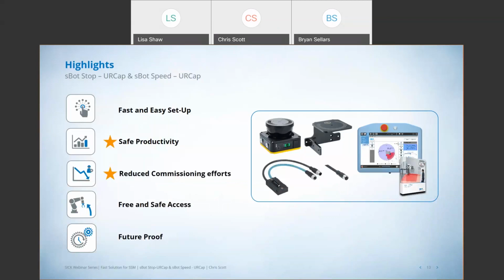In terms of productivity, we have some great smart features that help you program those scanners, as well as allow the implementation of things like an automatic restart or the speed reduction of the robot instead of making it stop every time, right? All of these things will improve productivity. In terms of reduced commissioning efforts, it's very, very simple. You land 6 wires to the robot controller, you plug in an Ethernet connector, and you're off to the races, right? The other thing that we do is we include lots of documentation and detailed wiring diagrams and so on, to allow you to quickly and easily commission this type of an application. These types of systems really allow us to